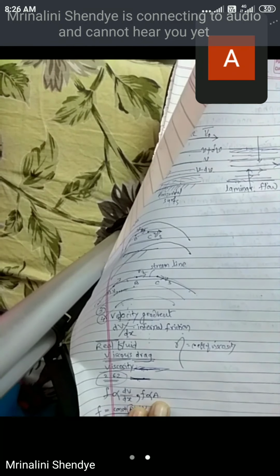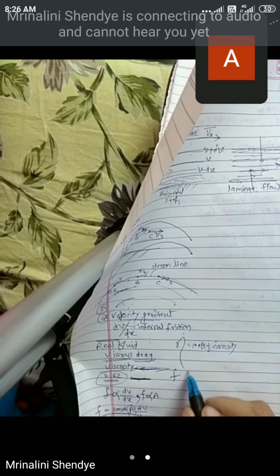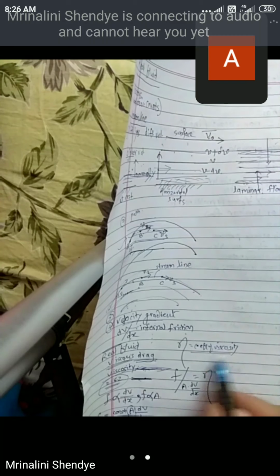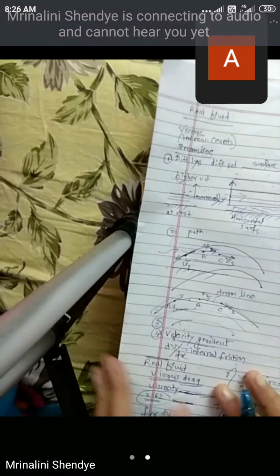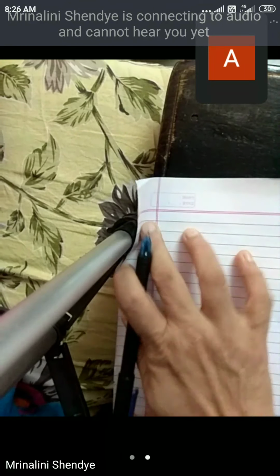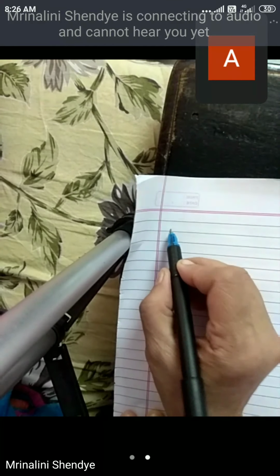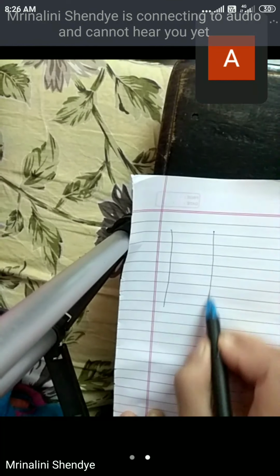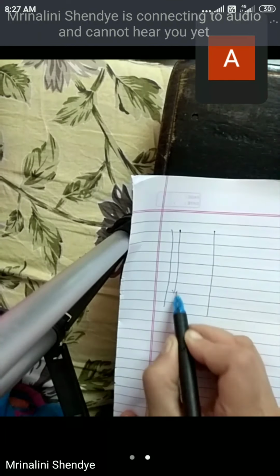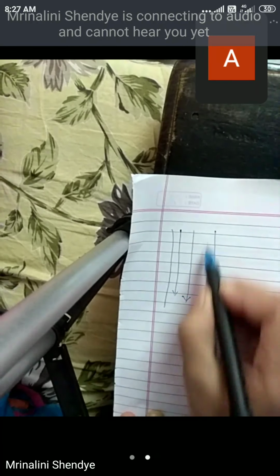It is viscous force per unit area per unit velocity gradient, and due to this viscous force always the motion is opposed between the two layers. In fact, we can observe this viscous force if you consider a spherical body, solid body, rigid